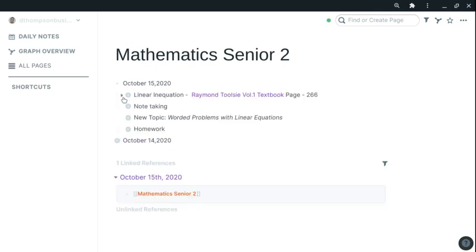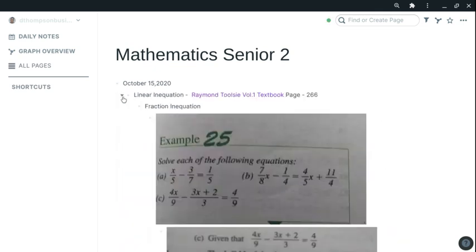So October 15th, we're going to finish up the final topic in linear equations, which is fractions in equations. We didn't fully expound on it, because we did talk about the LCM, but I want to do one more question that goes through the steps precisely. So give me a moment to load this up again.